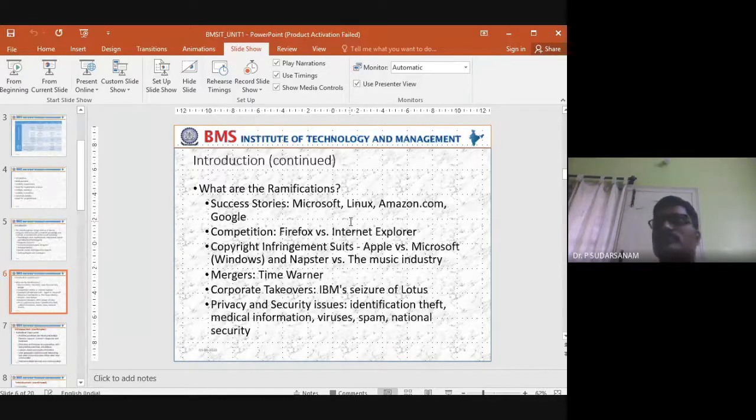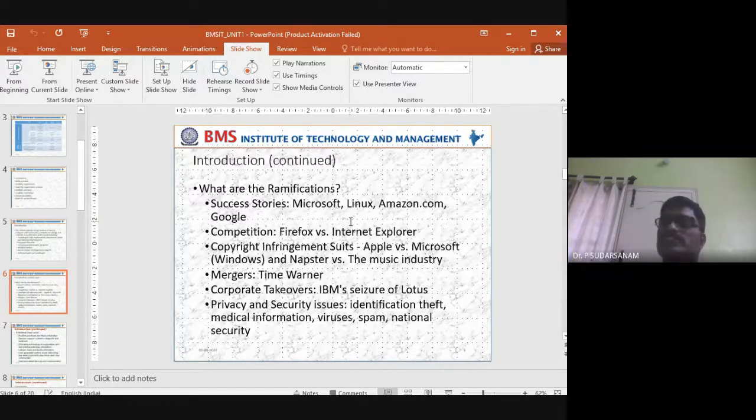Suppose I am sending one message through mail, not only postal. If I send one important message from one person to another person, there also they have to take care of security, all the issues, even viruses. When they open it, the destination should be able to read it. In between, cryptography and network security, all these things they have to take care of. That is the reason they have mentioned it here.